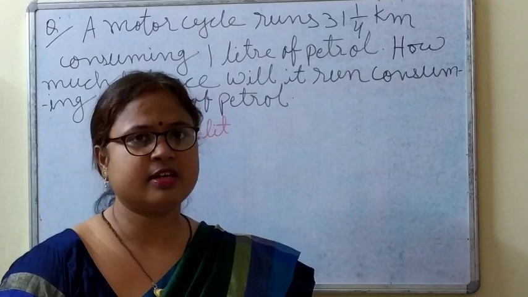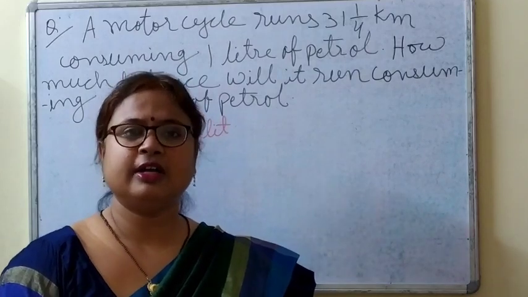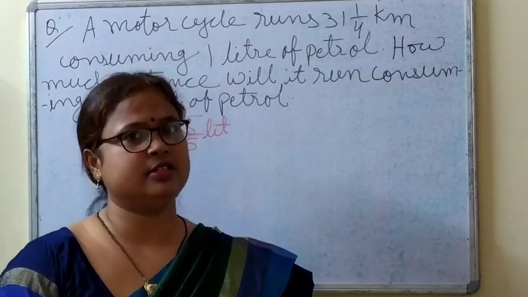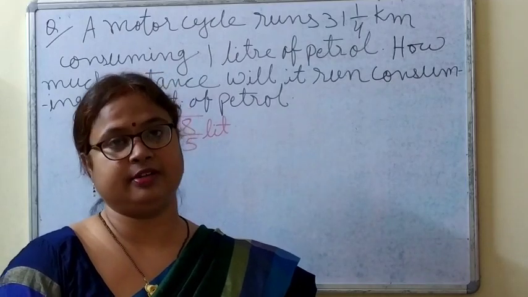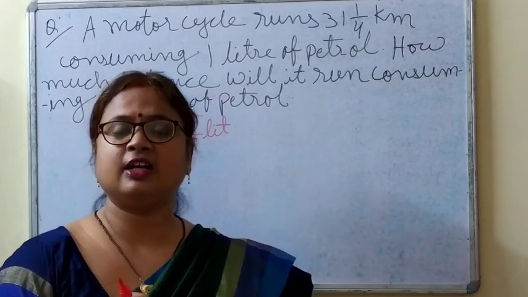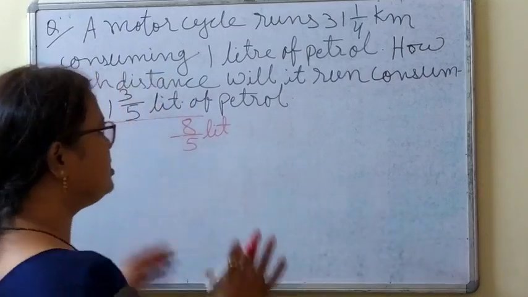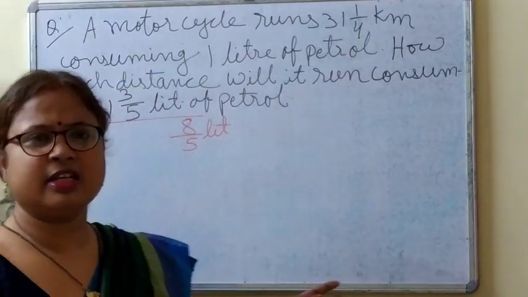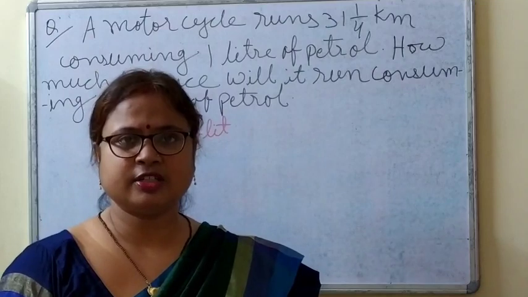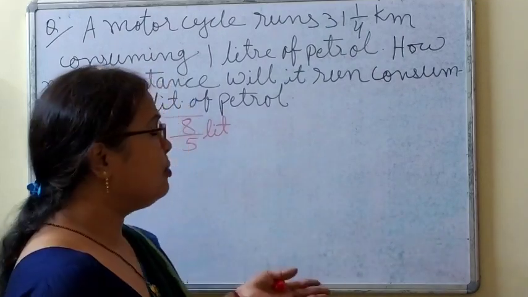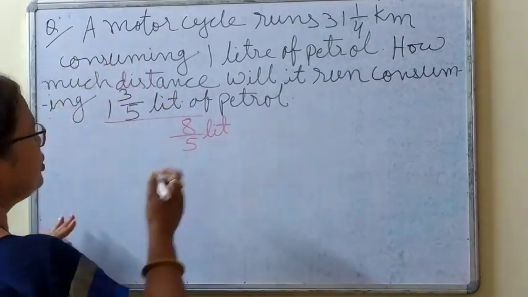I have discussed in the previous video that whenever the numerator is greater than the denominator, the value of that fraction is always more than 1. Okay? This is based on what? We can say that this is based on direct variation. Clear? Or we can solve it by the arrow method also. Okay? So